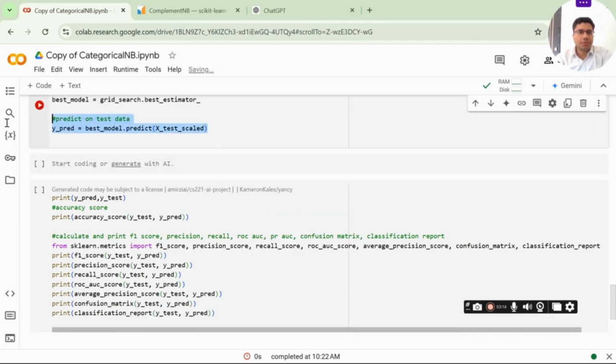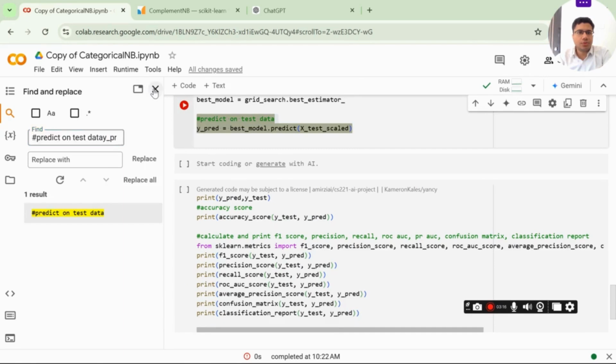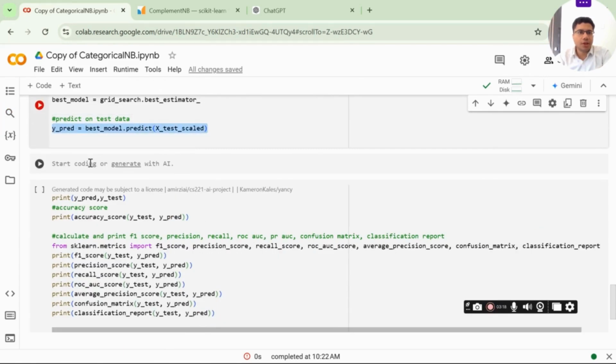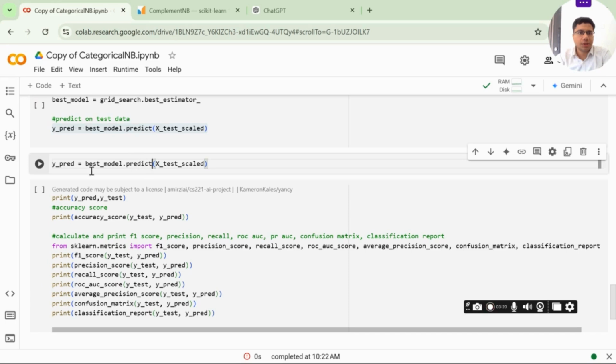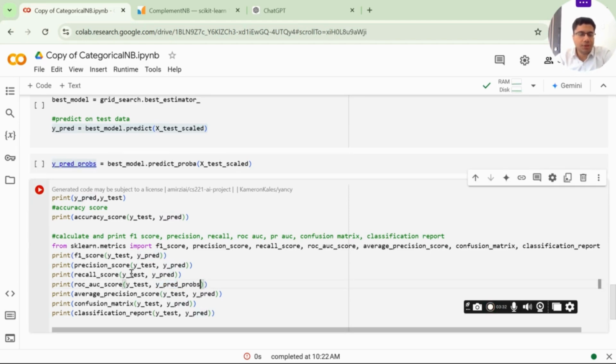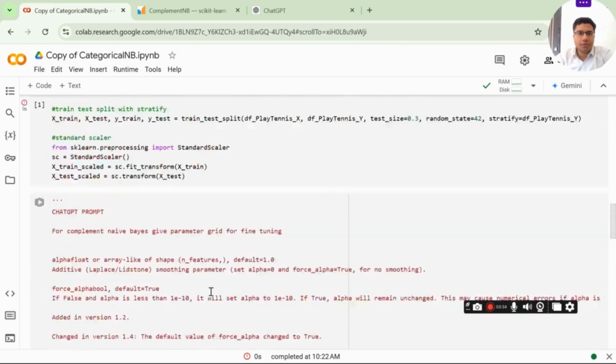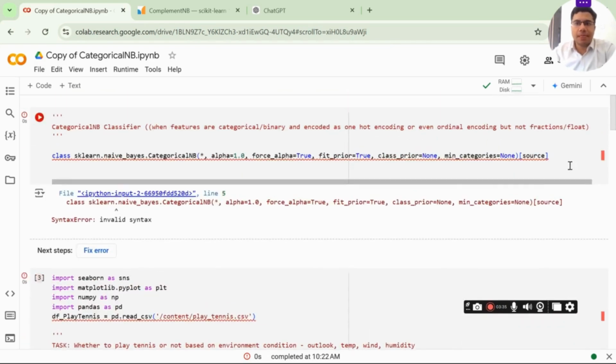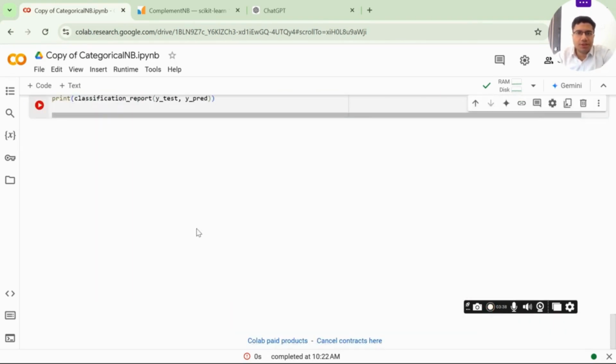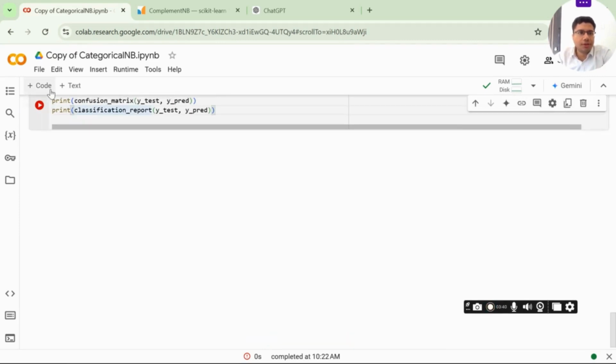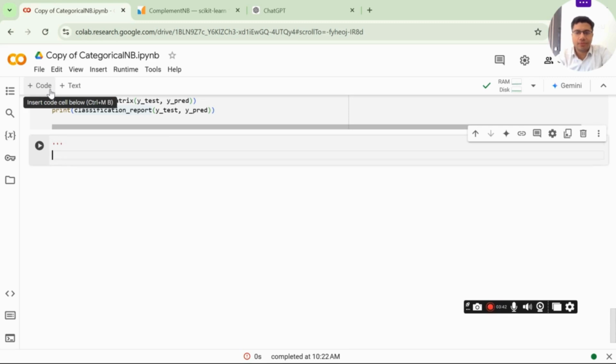Here perhaps I will have to write one more line, because the ROC curve function requires the probability, so I will have to create a new variable, ypred probs, which will come here, and it will work. So that's it. In summary, the steps that we have performed, I will just write the steps